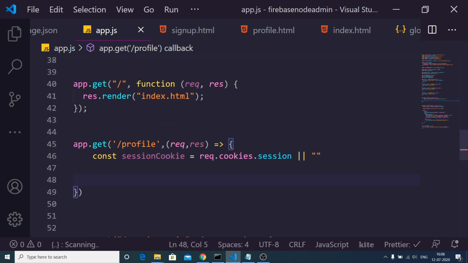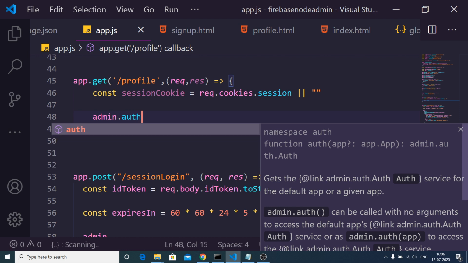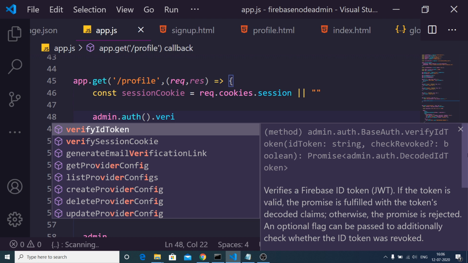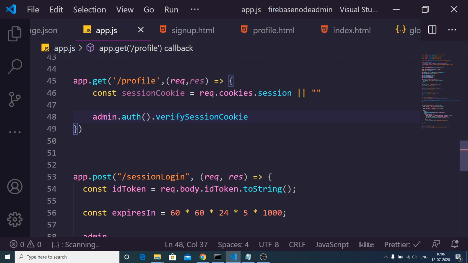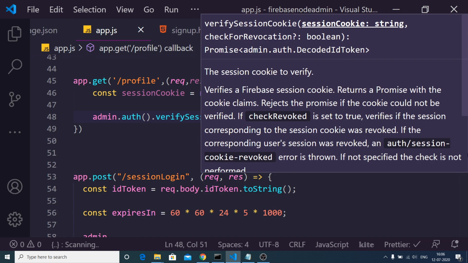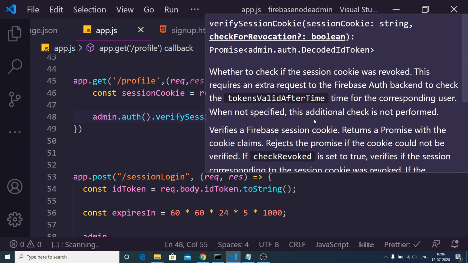Now we need to check in the if statement. Again we need to call admin.auth, and inside this there is a method which is verifySessionCookie. Here we will pass the session cookie which is received by the request, and the second parameter we need to pass as true.